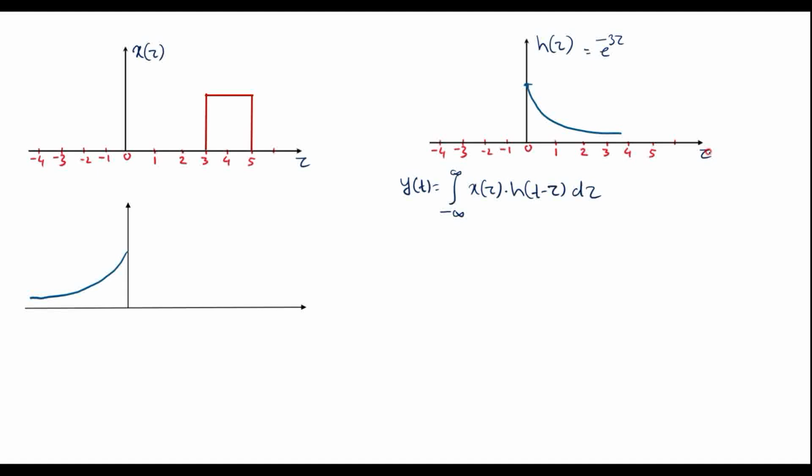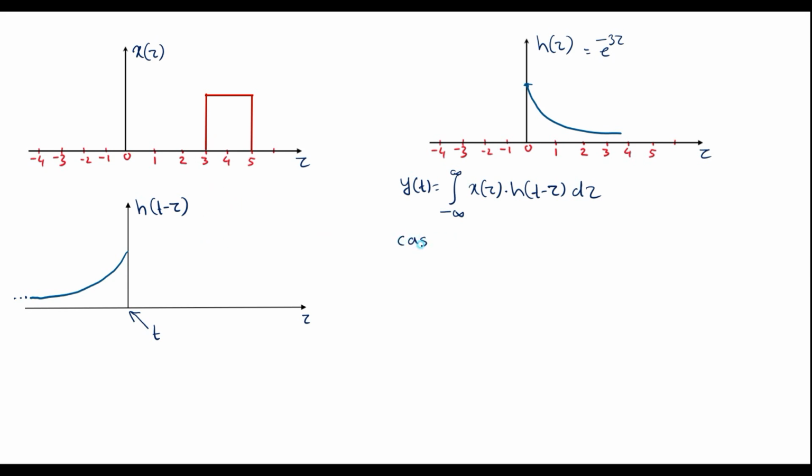Now here this is the tau variable. Now we'll try to draw h of t minus tau. Let this signal be h of t minus tau. H of t minus tau is obtained by taking reflection of h of tau. So reflection of this signal is h of t minus tau. Here we can observe that at tau equal to t, the value is 1, and this will be continued till minus infinity. Now we'll try to find the convolution between x of tau and h of t minus tau.